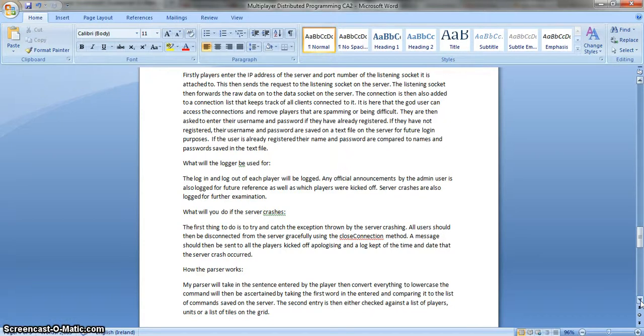The parser is something I looked at. As I mentioned, you can see in my commands that there are different words for different things. So it's going to track the amount of words by tracking the amount of white spaces, and then dependent on the first word, it will look for either